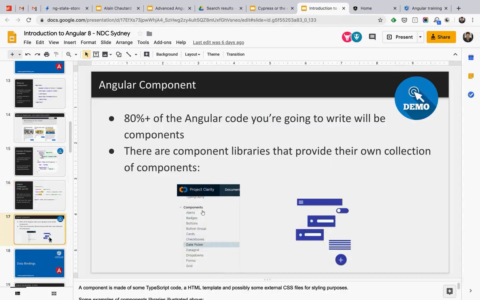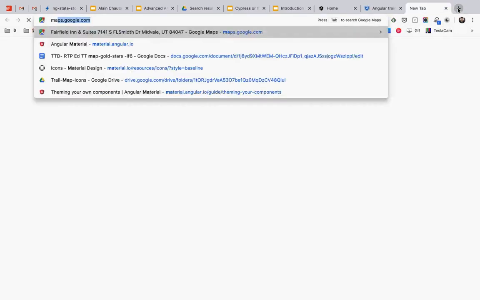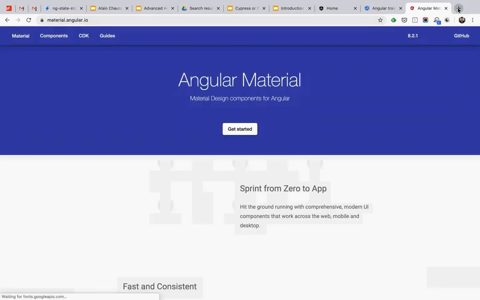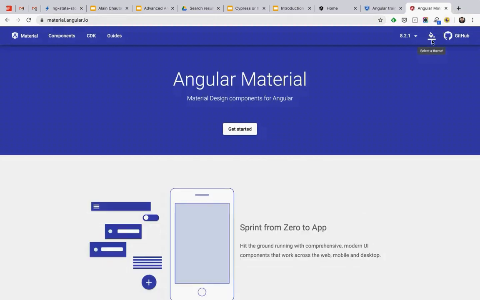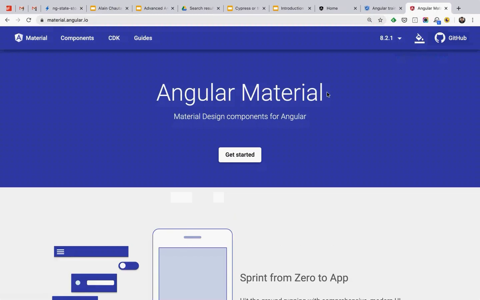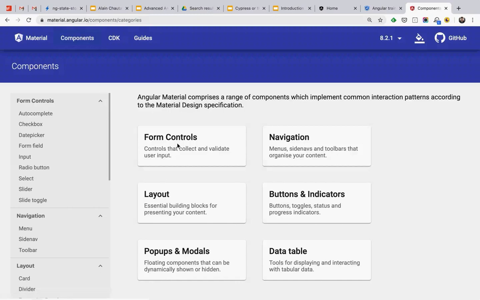So the good news is that we saw that we can create components easily, but we don't even have to do that most of the time, because Angular is popular, and because it's popular, other companies have already created open source component libraries for us. So, for instance, one of them is Angular Material. So this one comes from Google as well. It is using the material design specification from Google. It's what they use for Android. So if you have an Android phone, that's the look and feel for Android, basically, translated into web components.